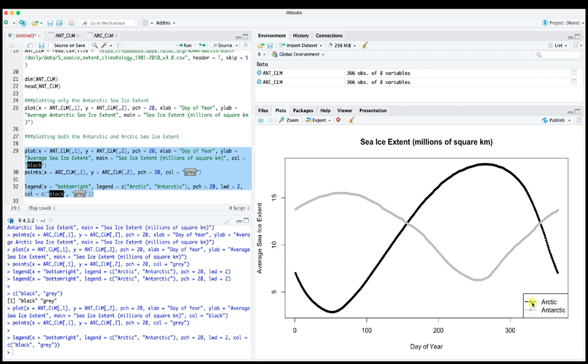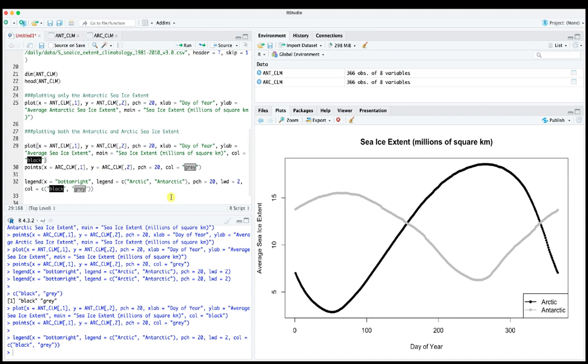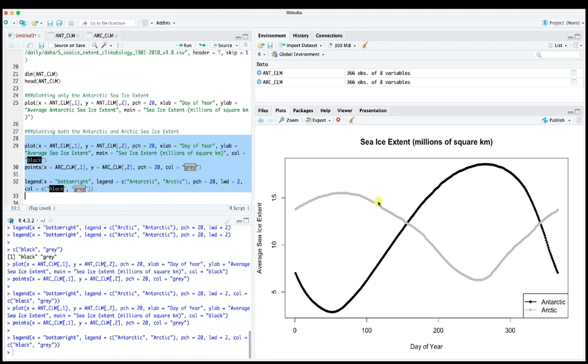Wait, did we do that backwards? I think maybe we did do it backwards, because we did the Antarctic first. Okay, so that means that we need to change the order here of our label and do Arctic, then Antarctic, because that's the way we did it. We plotted the Antarctic first, so let's go ahead and run this whole thing again. There we go, right? So the Antarctic is our black one, our Arctic is our gray one, and let's add